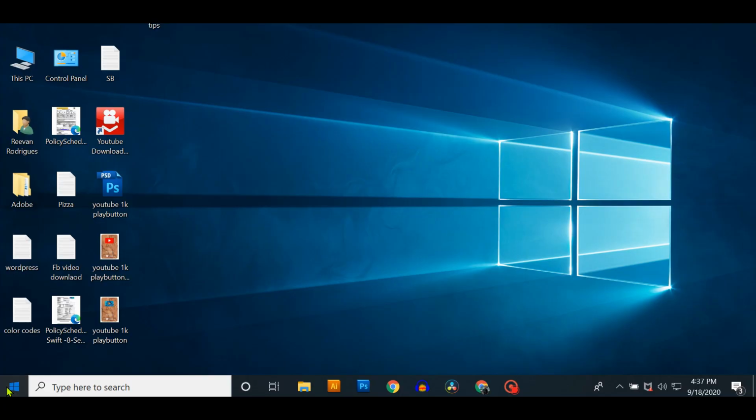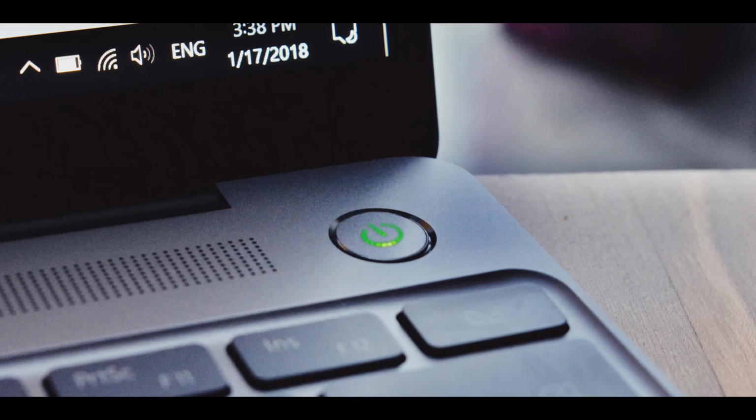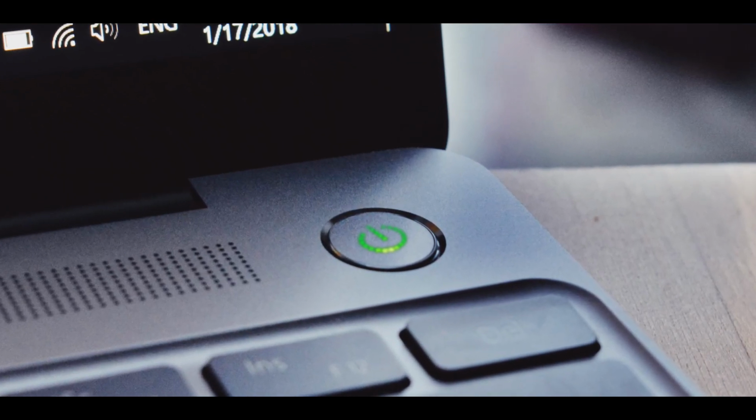There are many different ways to turn off your computer. The most common one is going through the Windows power button, and you can shut down your computer from here. The other common way people shut down their computer is by long pressing the power button located on the keyboard. Most of us use one of these two methods to turn off the computer. But now I will tell you another cool method to turn off your computer. I can guarantee you that you have never heard of this tip before.